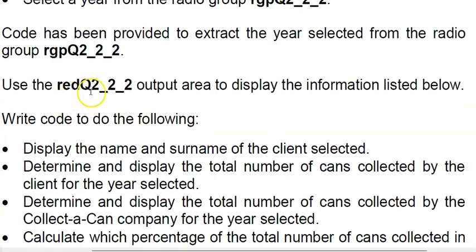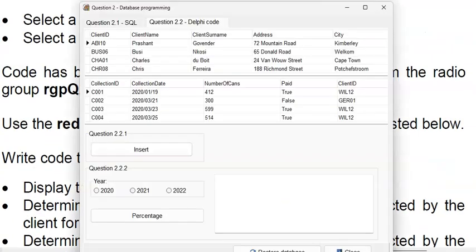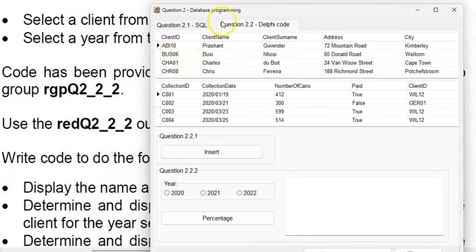And we had to use the rich edit to display the information as they describe. Now, before you tackle this question, I just want to explain what that part means. If you see the running of the program here, what they mean by that first bullet is that the user will click on, let's say, this record here. And you have to make use of that client ID to search through this table where we find that client